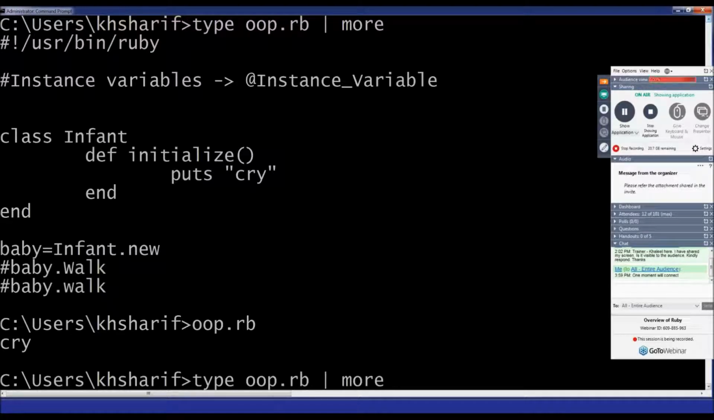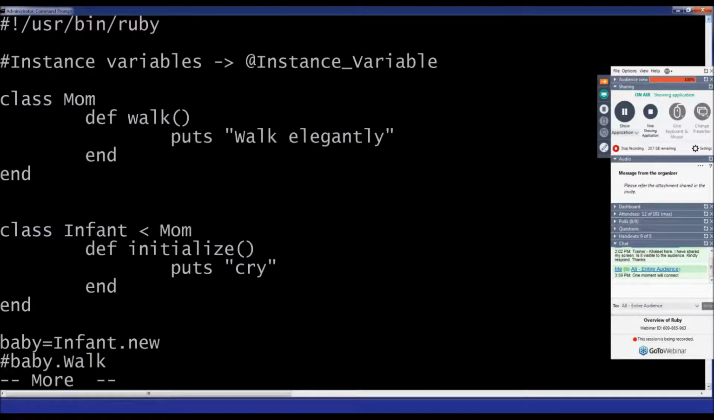So now I have this particular piece of code where I have a class called mom, and this is how you're going to indicate inheritance. In the class called mom, I have a method called walk. So if I do not have this connection, if I do the disconnection here,